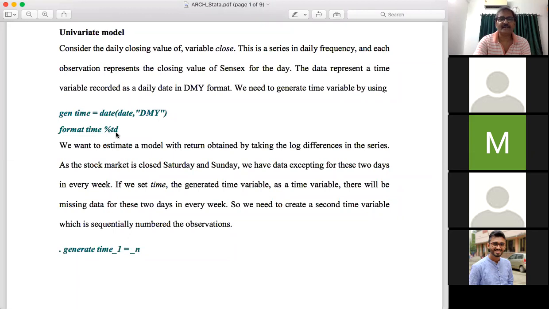TD indicates time, daily format. Okay. Now look, a new column is generated at the end with the heading time, and you can now easily recognize this variable is a time variable indicating different dates.